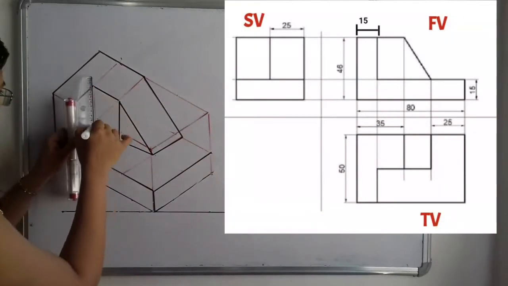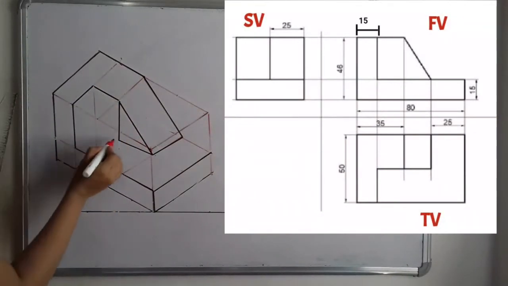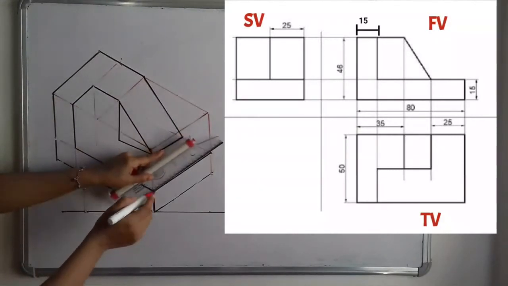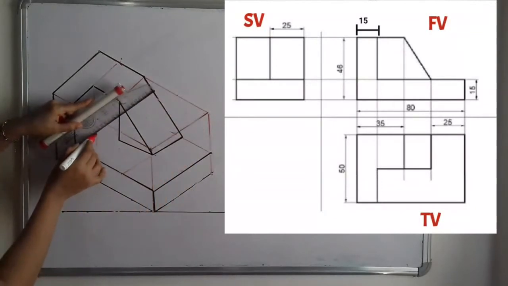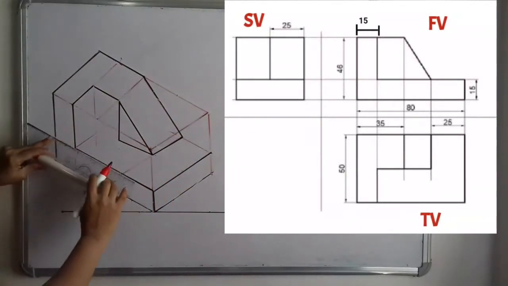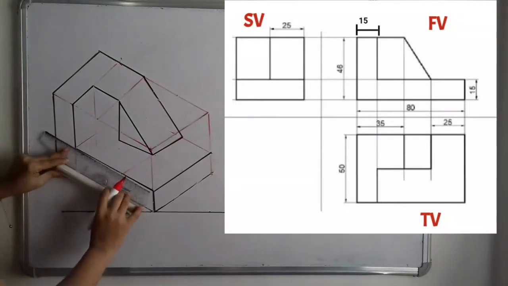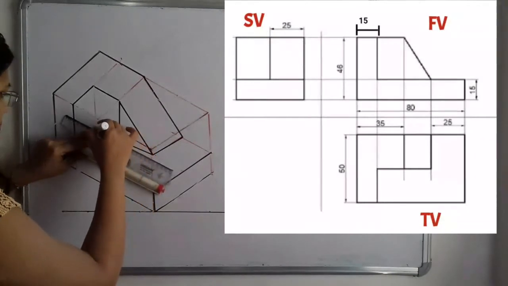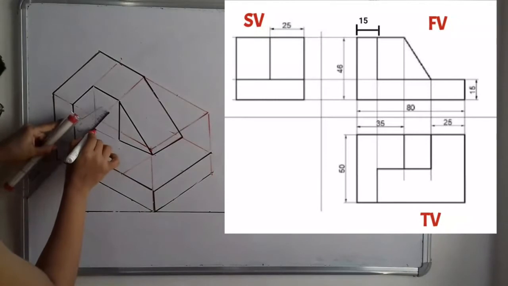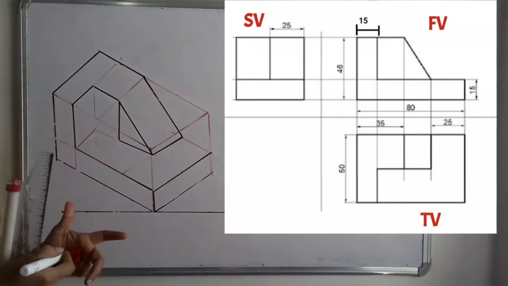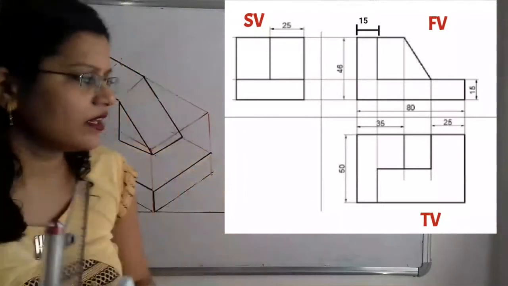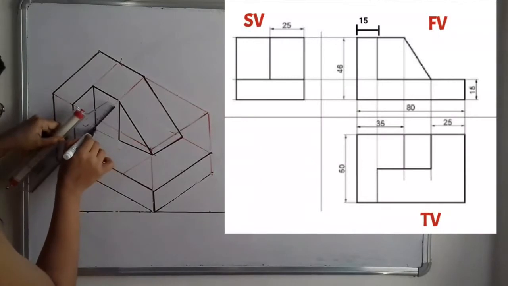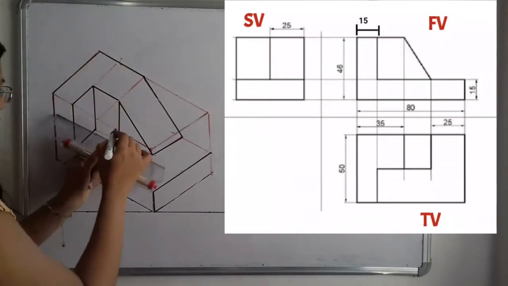So if I project this line, then from that line we have to join these corners to these lines. So how to join? So we have to take the line parallel to this width line and we will join here. And then again this line is parallel to the length. So again I will take from this corner the line parallel to the length. So if we observe here the corner is getting formed. Now we have to show this corner because from the front this corner can be clearly seen because there is the gap. This width gap can be clearly seen.